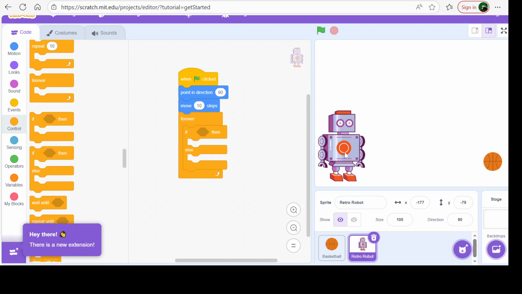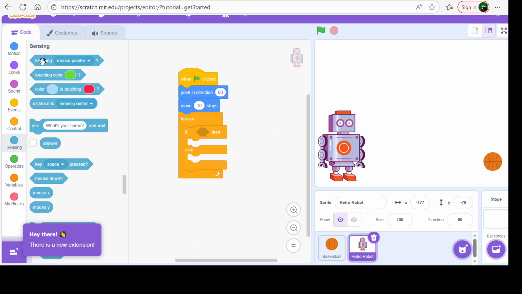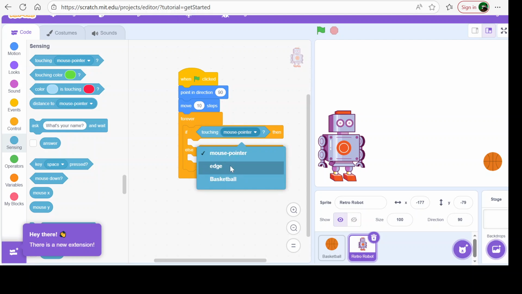Now we want the robot to move this side, and if it gets this ball, then it should go to coordinates 0 0, and if it gets this h, then it should go to coordinates 100 100. So for that we'll go to sensing, and in sensing we are provided with options like touching mouse pointer. If we open this, you can see that we are provided with h, basketball and all, and another option for this is touching color. We don't need that option, we need the upper one. So we are going to put this here, and instead of pointer, I'm saying basketball. If it touches basketball,